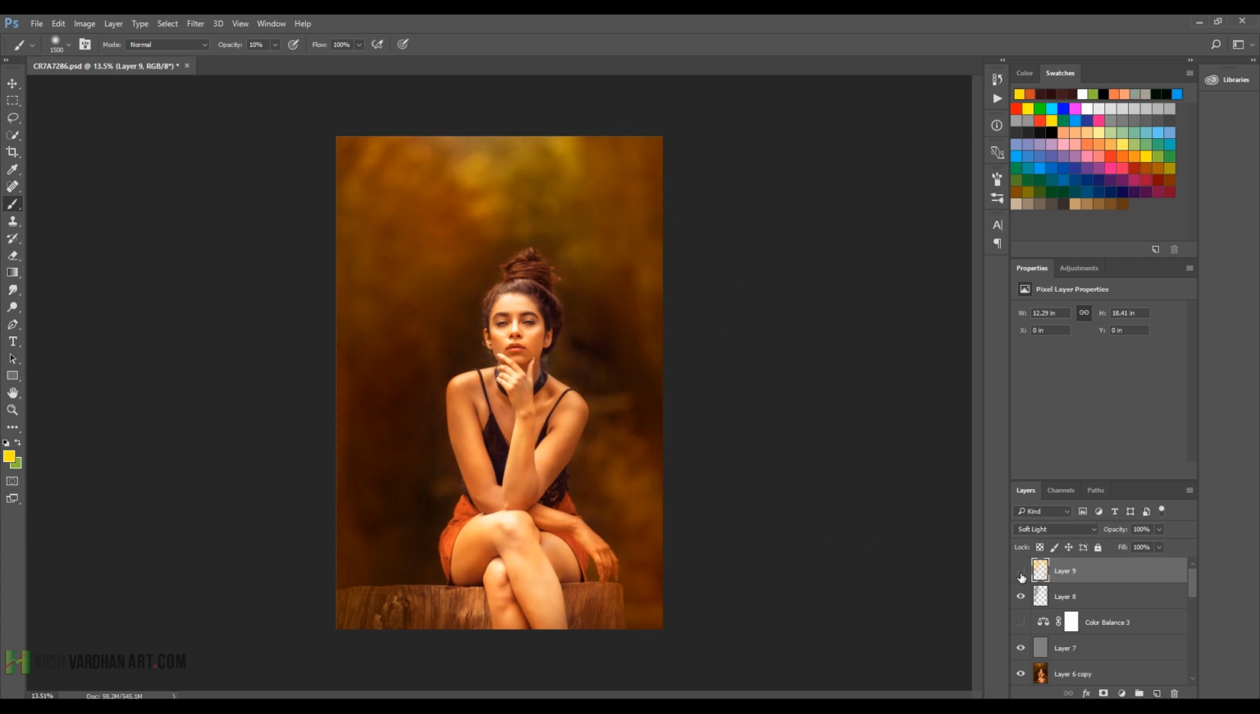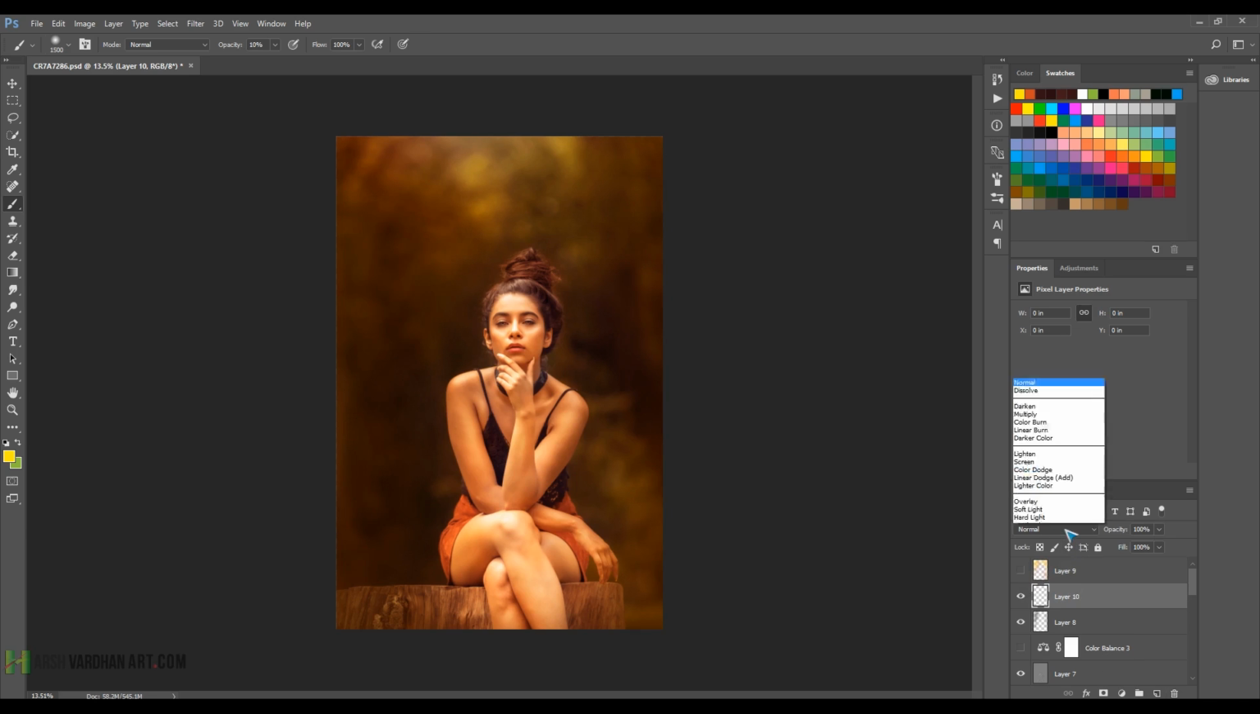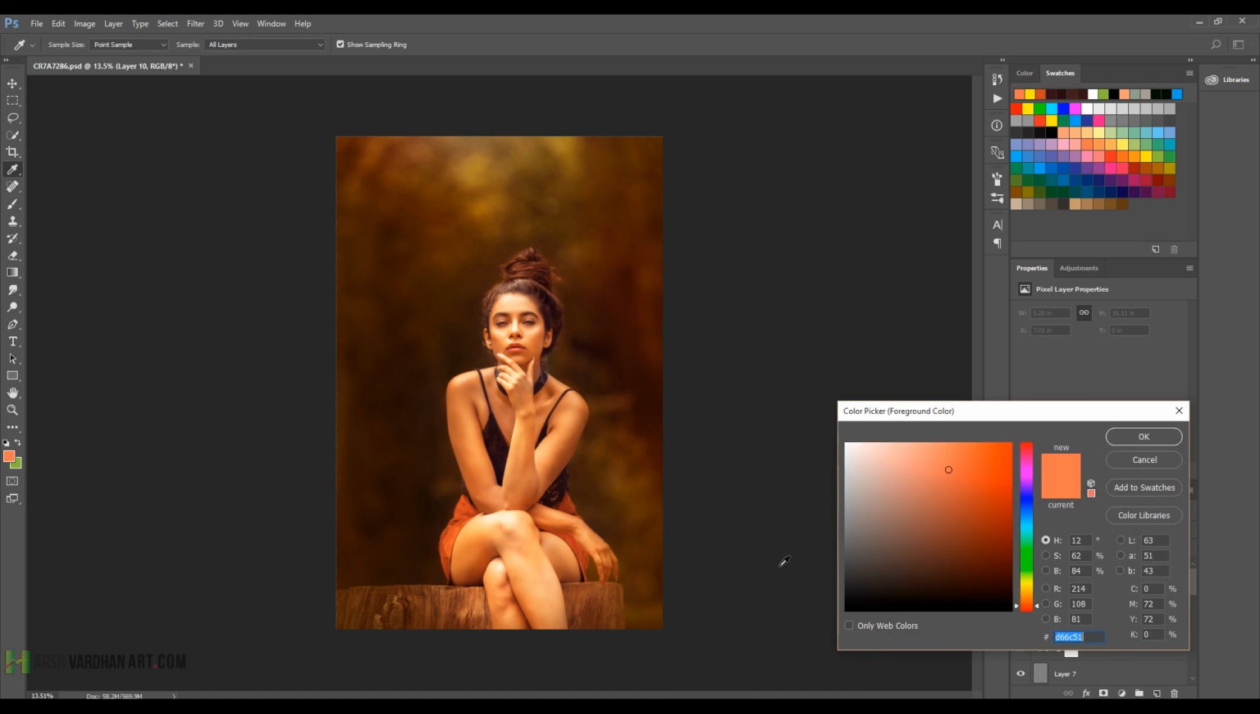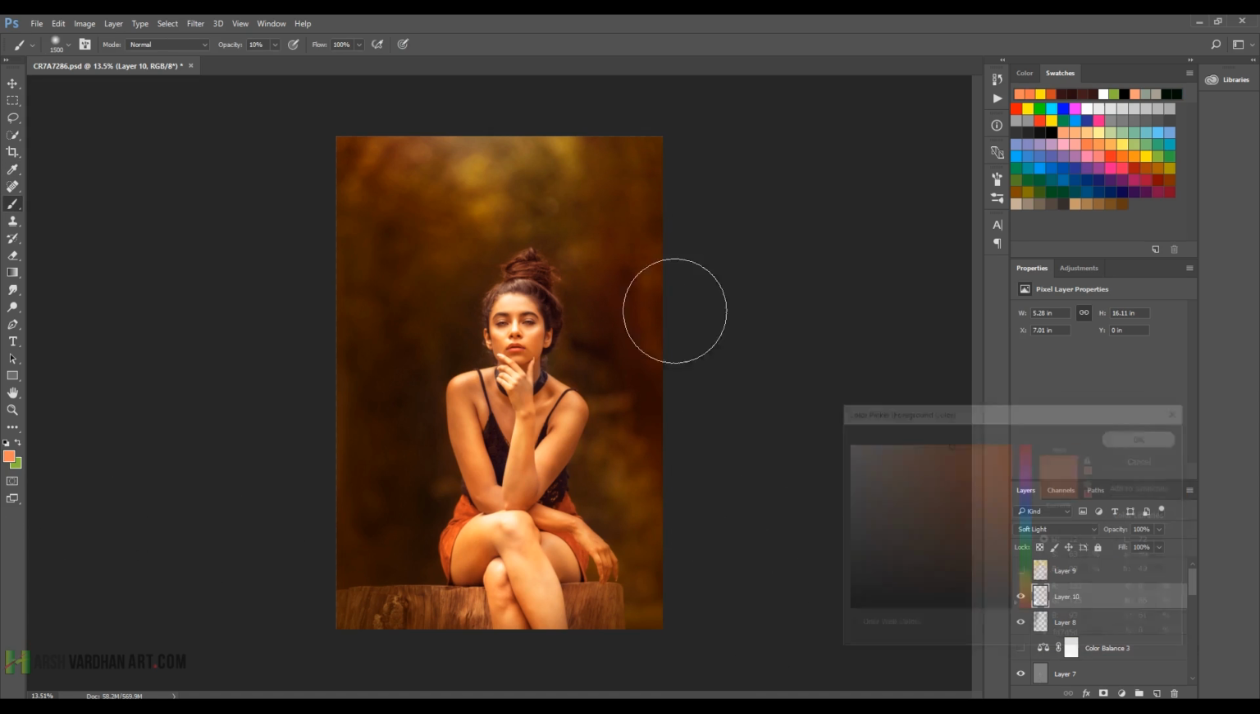And you can see by turning it on and off the result. Let me select this, create another layer, change this layer blend mode to soft light, and let me select the orange color and let it be less saturated,